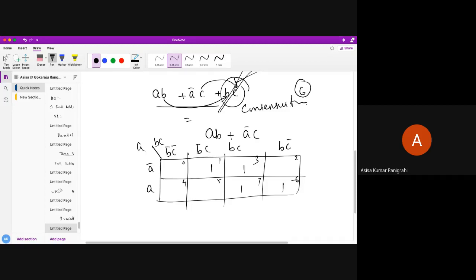Okay, so see here what I have done. First I have done it like this, and also I have done it like this. Am I correct, students? And extra I have done here like this. What I am observing here is that I can already combine this minterm with this, and also this minterm with this. So what is the need of this redundant term to combine? Obviously you have to remove that redundant term, that consensus term, which gives me BC. There is no need of another combination over there, because we have already combined this minterm with this minterm.